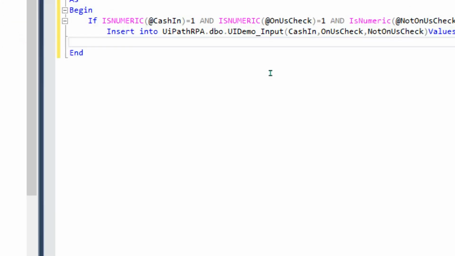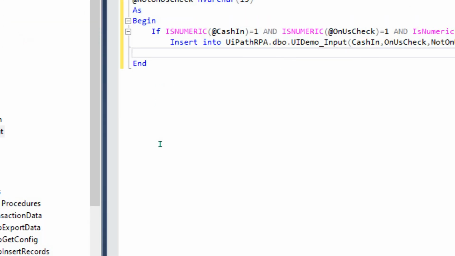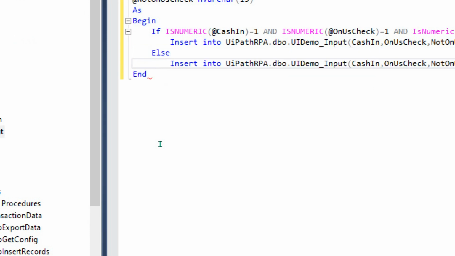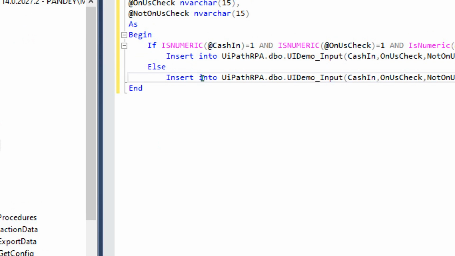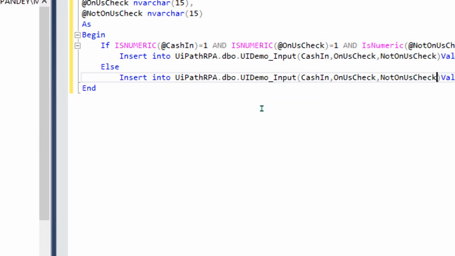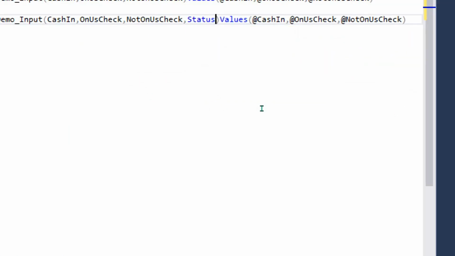So here we'll write our else part, and we will write another insert into activity. If it is numeric value, then we'll just insert the CASIN, ON US check, NOT ON US check, and if this is not numeric, then here we'll pass CASIN, ON US check, NOT ON US check, comma status, comma remarks and comma retry count, and the value will be,